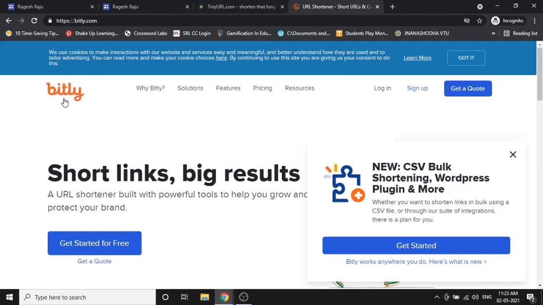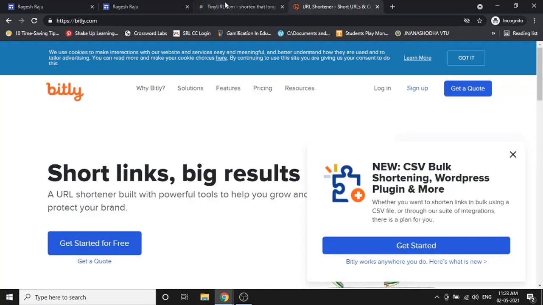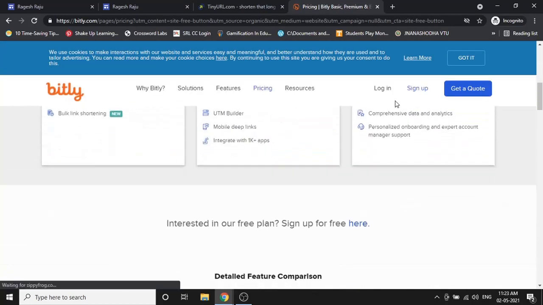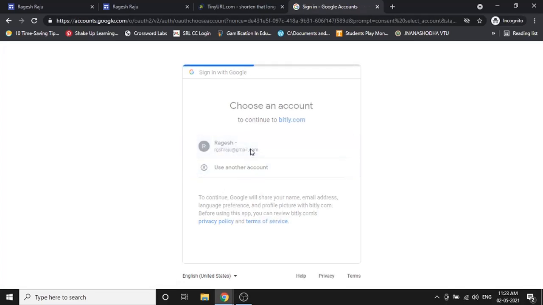Same way you have one more service called bit.ly. So I have used bit.ly. It is not mandatory that you have to use any of these, anything can be used. Here also the process is the same. I click on sign up. First time you have to just sign up, click on login and see. I go to the Google login, I select my email ID,